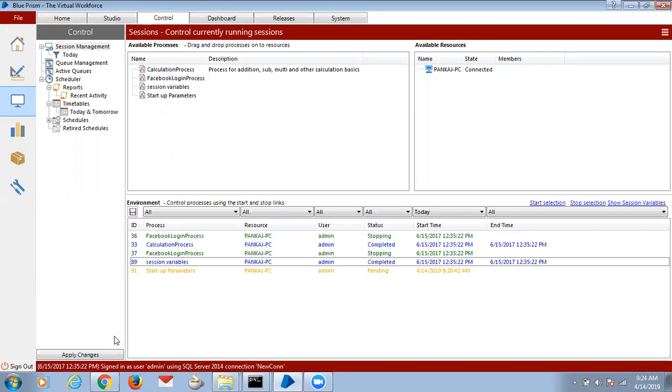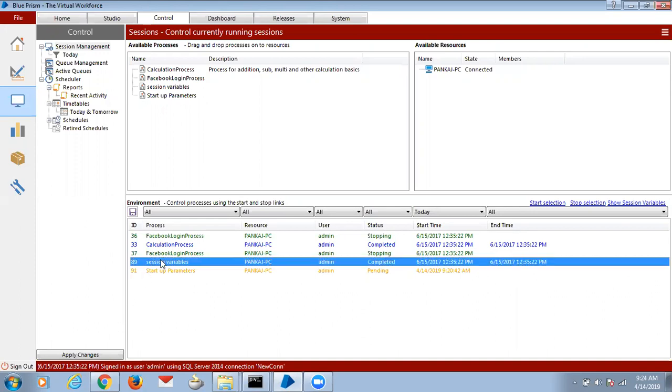Then automatically the values get assigned into your logic. The second one is the session variable. If you want to monitor any variables while your process is running, you will create a session variable. Any questions here?